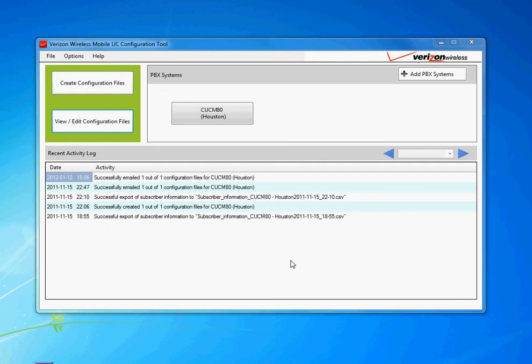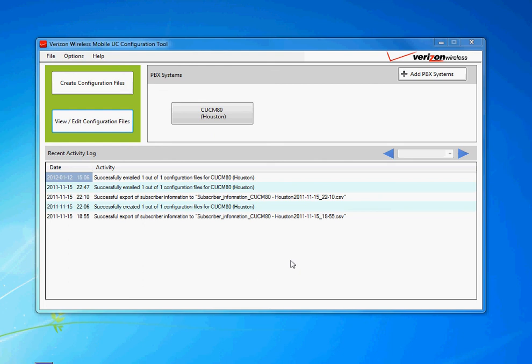But the files you create here are akin to the files that get created inside Cisco Unified Communication Manager when you do your phone configuration, and then in the background CUCM creates those files and puts them in a TFTP directory, and they get automatically downloaded to your phone via TFTP. So this is a little bit different. You're doing some